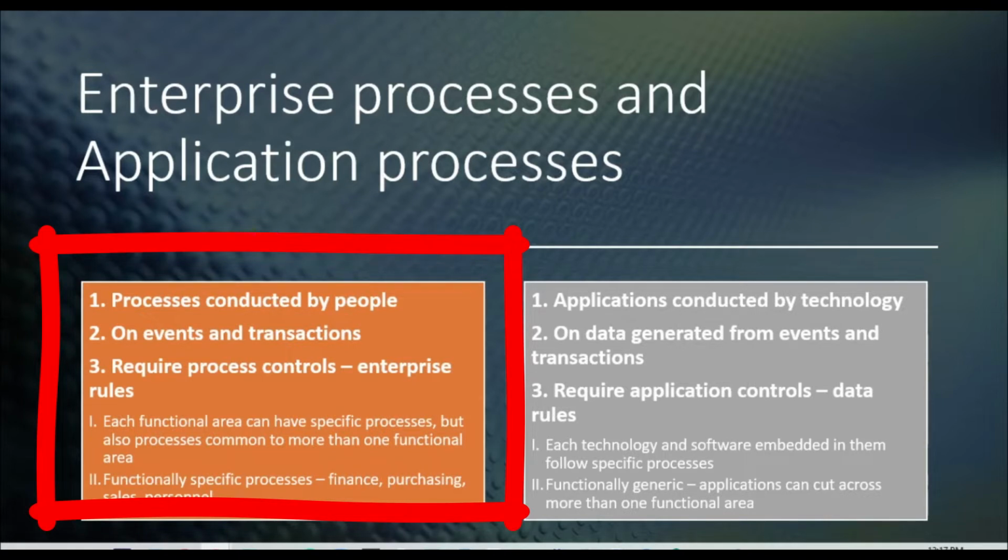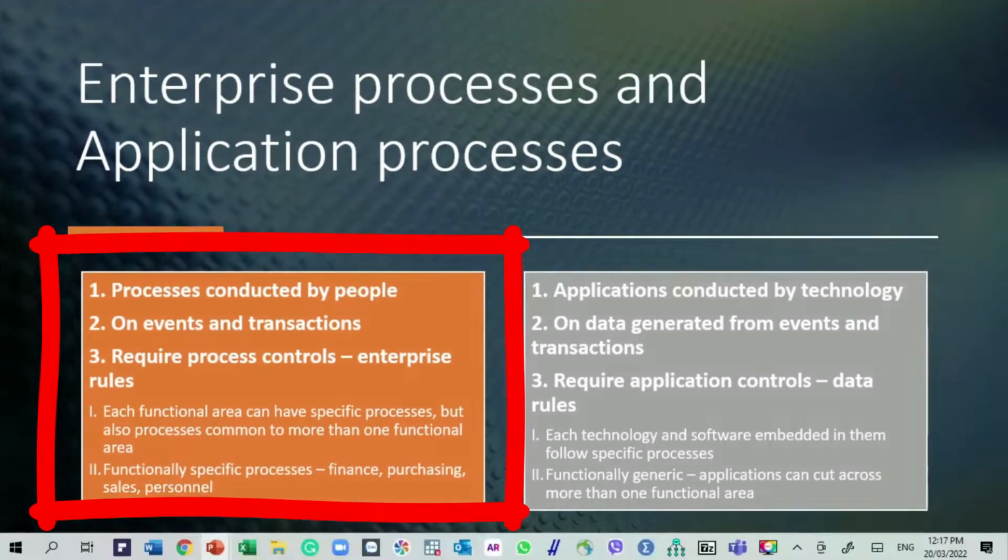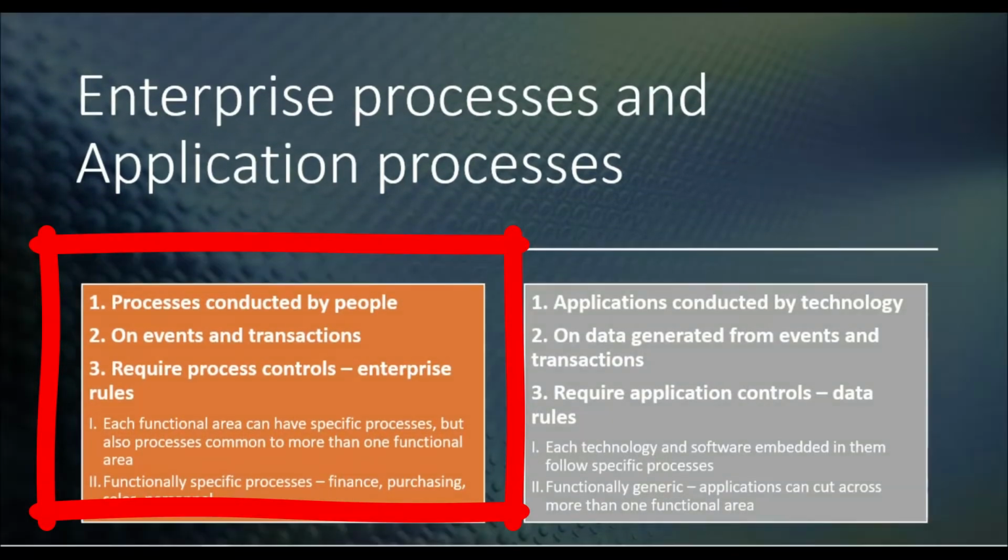But there could also be processes that cut across more than one functional area. These functional specific areas could be finance, purchasing, sales, and personnel, where there are specific processes applied to these functional